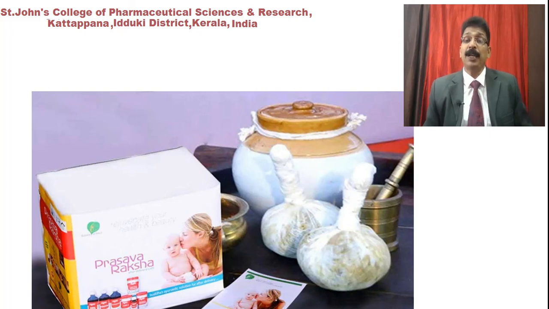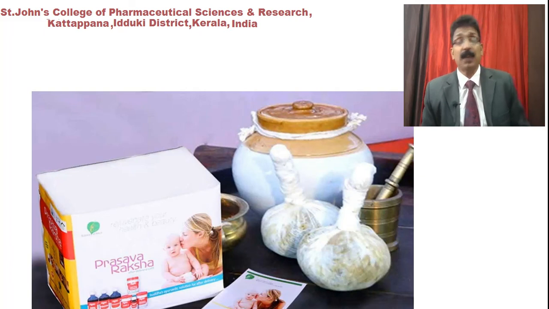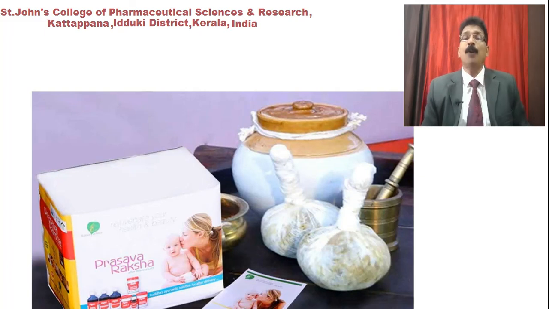And also you can see there is some cloth and a bag which is used for hot fermentation, for any type of swelling or inflammation, which can be treated by means of Ayurveda. This picture shows that. They also have some syrups, and there are many aristas and asavas. Today we are going to see only arista and asava. There are many other preparations, and we also have to see how they are prepared and how they are standardized.